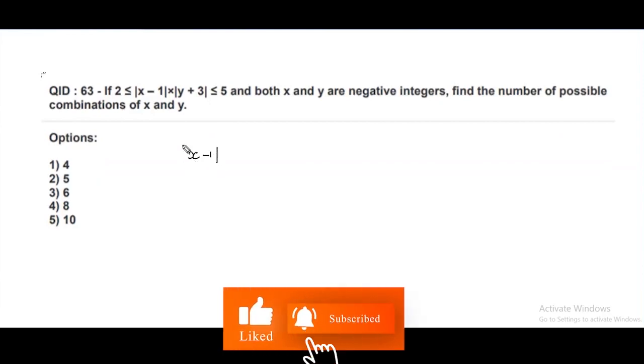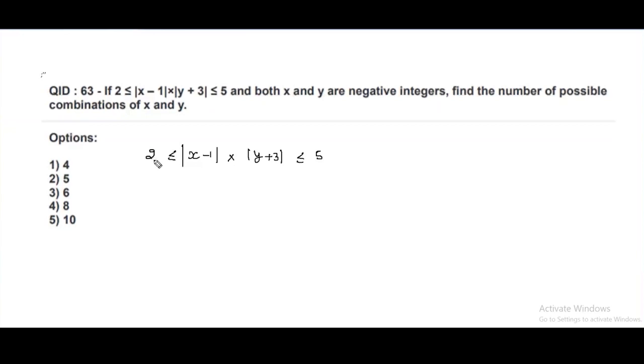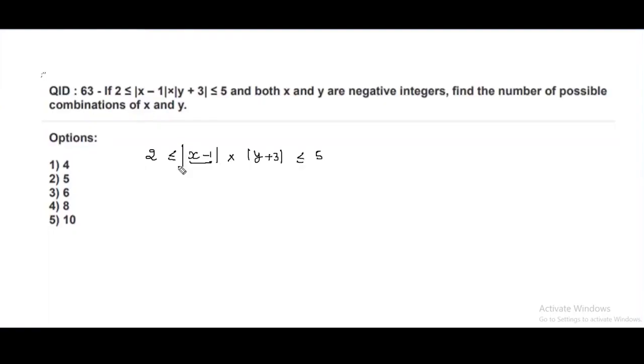Now |x minus 1| into |y plus 3|, the product is in the range of 5 and 2. If both x and y are negative integers, find the number of possible combinations of x and y. Now as you can see, this term x minus y,